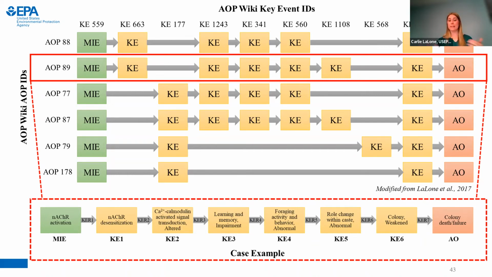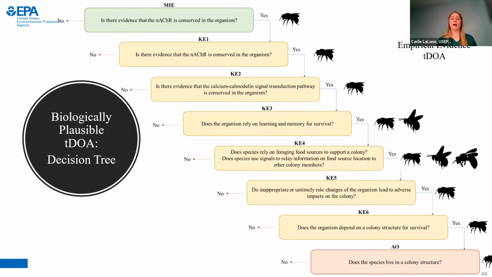So to generate a case example, I want to simplify what we're going to talk about. So I pulled out a specific adverse outcome pathway here, again, linking nicotinic acetylcholine receptor activation to colony death and failure. And so how can we use this AOP to define the taxonomic relevance? So you might be familiar, of course, with decision trees. And initially, if we're thinking across the whole diversity of species, there are certainly different taxonomic groups that could fall in line with this AOP because, perhaps, they live in a colony, they use foraging methods similar to a bee, but there are a lot of taxonomic groups that would obviously fall out if you used a decision tree to walk